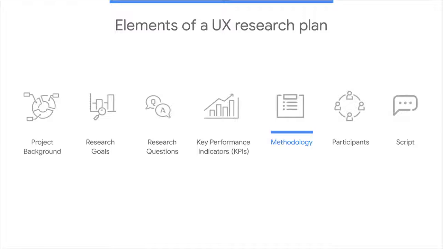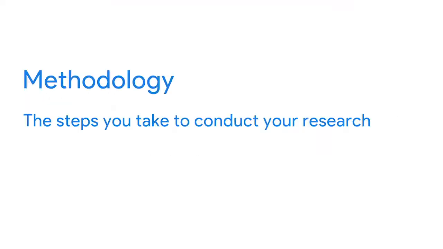Methodology is the 5th element of your UX research plan. The methodology is the steps you take to conduct your research. Your methodology will list the procedures you'll use while collecting the information you need to answer your research questions. This should include the time and place of the product tests and interviews, as well as who will conduct them